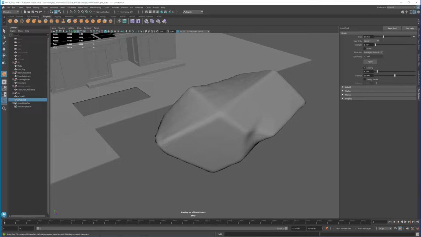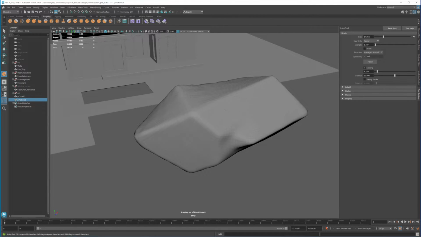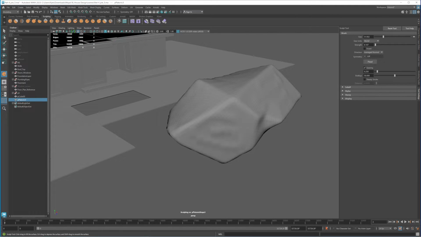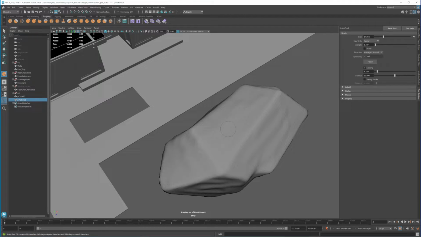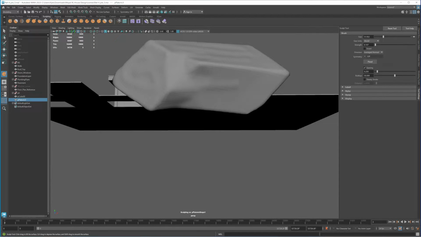So right now what we need to do is to start sculpting in some irregular shapes on this rock. So it's gonna look a little bit more organic.